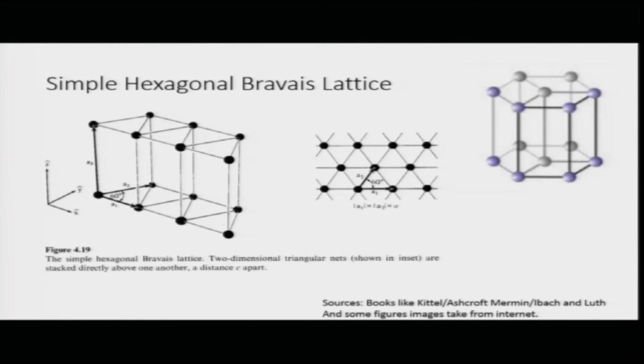Another structure which we come across in nature, and a large number of different compounds actually crystallize in this, is a hexagonal lattice or a slight variant of it. What is a hexagonal lattice? A hexagonal Bravais lattice is formed by this hexagonal collection of points which are arranged on the edges of a hexagon. You have these points which are arranged at the corners of a hexagon.